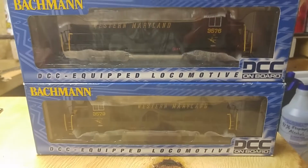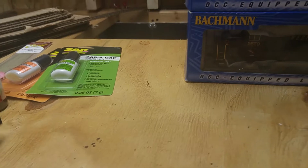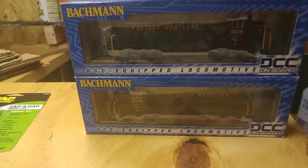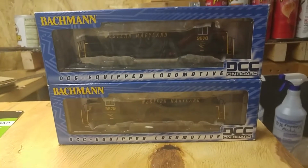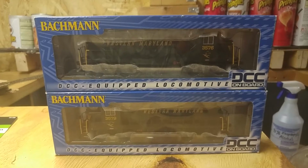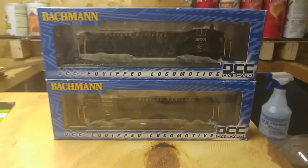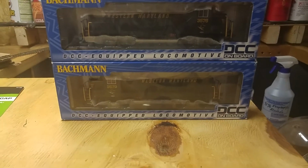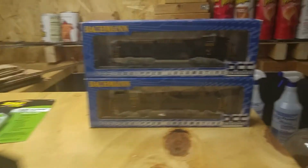O-gauge track as well as O27 track. And I thought it was a good deal for $20 for 3 boxes of track and some old switches and different stuff that my dad and I could use if we didn't use it all. Some of it was rusty. I cut it up and used it for metal for my scrap metal facility, which will be, of course, my name, Rodney's, or Hot Rod, or something like that, scrapyard